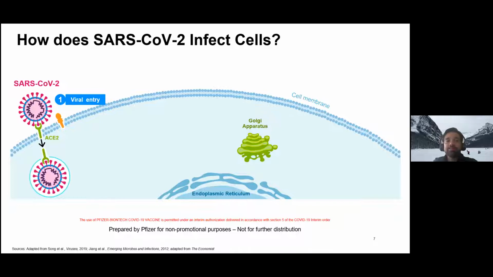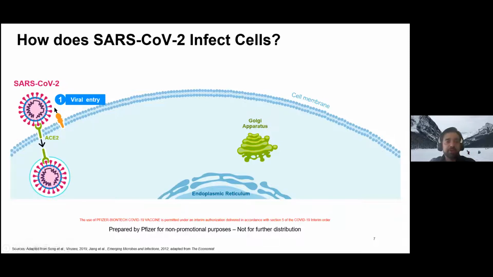So our cells have a plethora of these molecules, and they have all their physiological functions, and the virus just finds one of those molecules and exploits it to enter. The molecule that the virus uses for entry into human cells is called ACE2. I don't want to go into detail, but this is the molecule ACE2, and the protein on the virus surface is called a spike protein. These spikes are the ones sticking out of the virus,